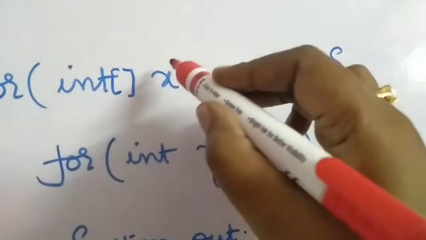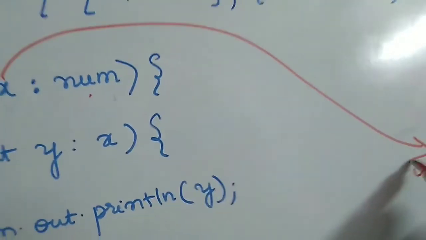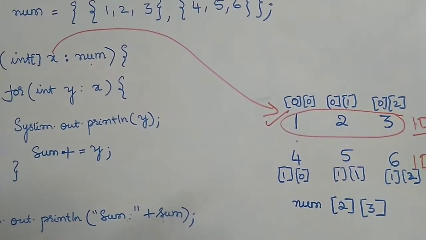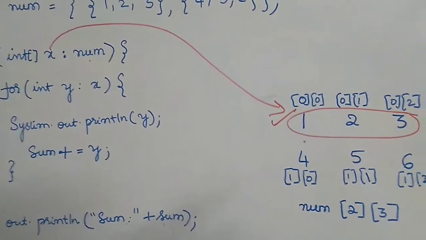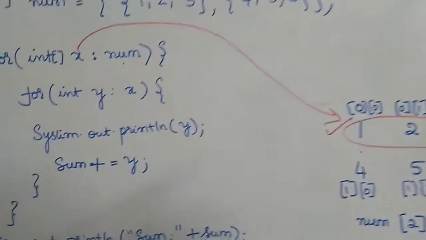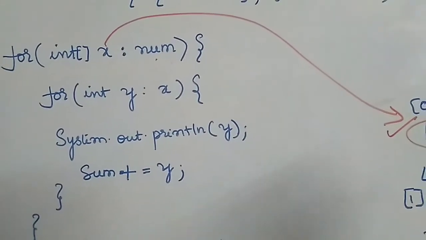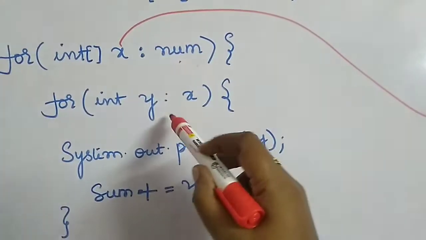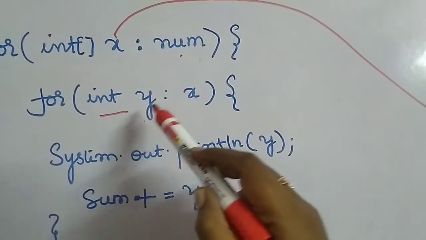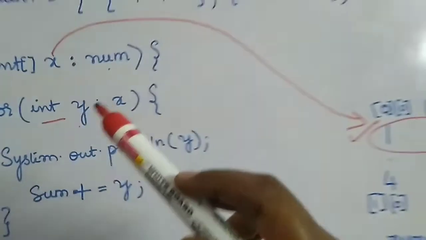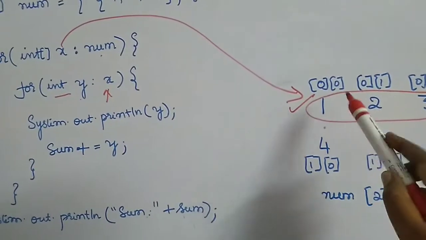So what happens in x? x will be given this particular 1-dimensional array. So x will be having 1, 2 and 3, and x will become the 1-dimensional array now. In the same procedure like what I have said in the previous case, like how to access the elements of the 1-dimensional array, in the same way we will be accessing. So the inner loop will access the elements inside the 1-dimensional array. So x will be giving the elements one by one, in the sequential order.